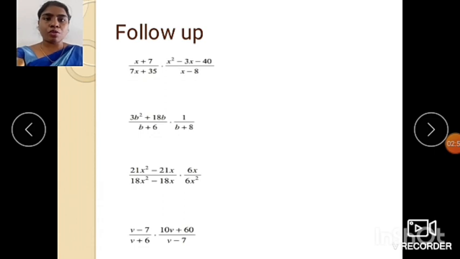And your homework for tomorrow's class is this. I hope you all understood multiplication of rational expressions. What is multiplication of rational expressions? Two expressions will be given to you, that is p of x by q of x and r of x by s of x, where the denominators, that is q of x and s of x, are not equal to 0. Next, what is the first step in multiplication of rational expressions? We need to multiply the numerators and denominators, and then we should cancel the common terms. We should reduce that expression to its lowest form.